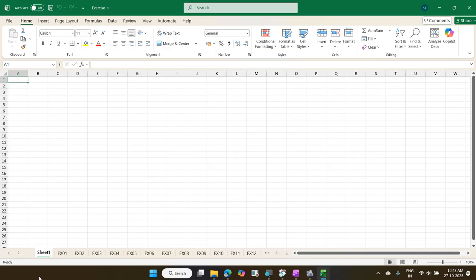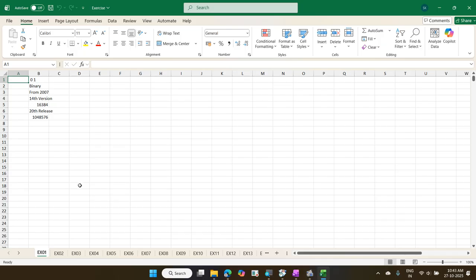Still we have not completed the introduction. Still we are in the introduction part. We have to explore something about the status bar. There are some new features available in the status bar. Status bar will take some time. There are some options, some formulas and functions, and some new features available in the formula bar also. We have to explore it. Before exploring it, as of now, whatever we have seen,